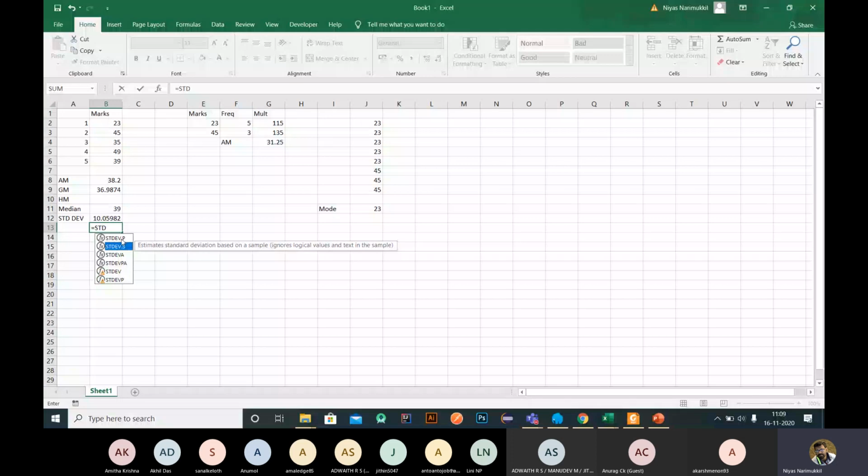That is, we are taking some examples. For example, if there are 1 million students, instead of taking all the data, we are only selecting, for example, 5,000 student details. We are only selecting 5,000 students out of it. That is, we are taking only a sample out of this entire population. So if you are selecting a sample, then we use STDEV.S. If you are applying it to the entire population, then we use STDEV.P.